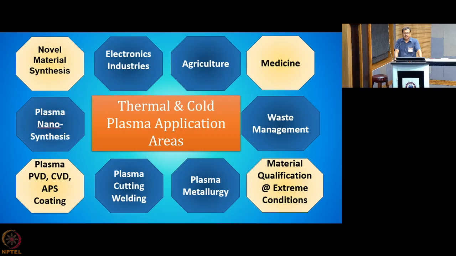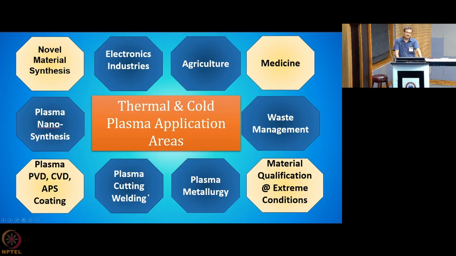Another application may be the turbine blade, because they are rotating at very high speed and many times they are meeting a very corrosive environment. A protective coating using, say, APS of several hundred microns can protect the turbine blades to a great extent and increase their life amazingly. Now, plasma cutting and welding industries are very well known and billion-dollar industries.